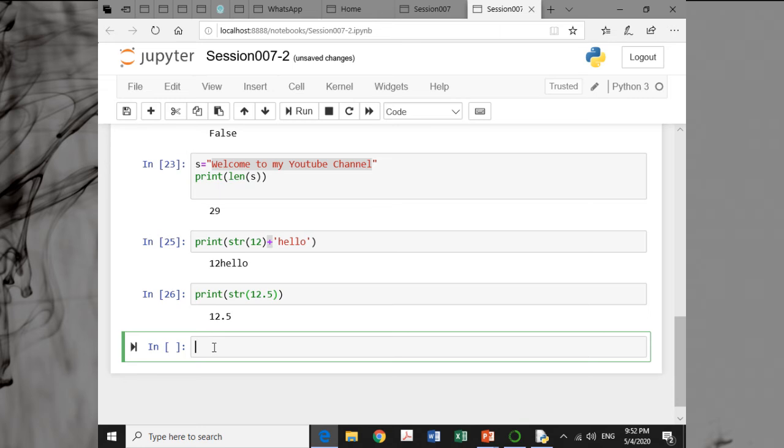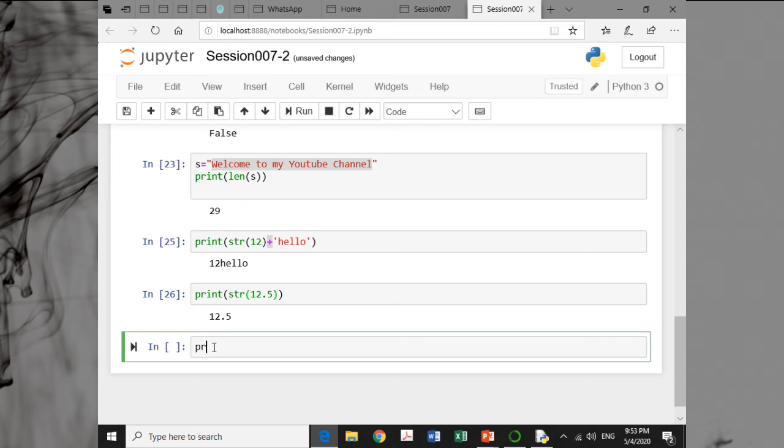The third is your ord function, that is the ordinal function. It gives you the ordinal number in the character set, or in simplest words, you can say it gives the ASCII code of the character. Like, the ASCII code of capital A is 65, and the ASCII code of small a is 97.